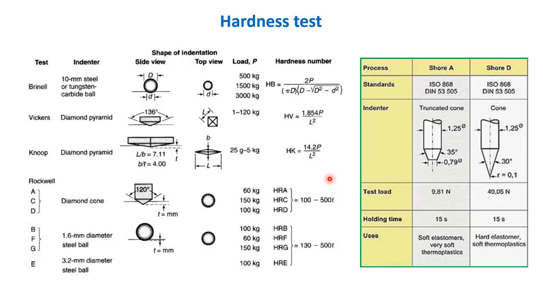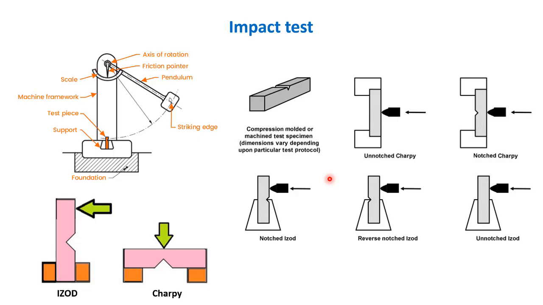Then we have the impact test. Impact is a sudden load on a particular material, and it is used for the determination of the impact strength of the material. Here is a typical schematic of an impact tester. We have a specimen here at the center, which is half in the support and half here, and the hammer will strike over here. This will damage the specimen,